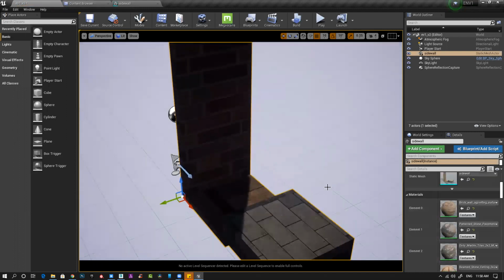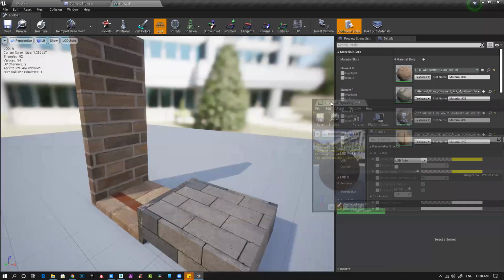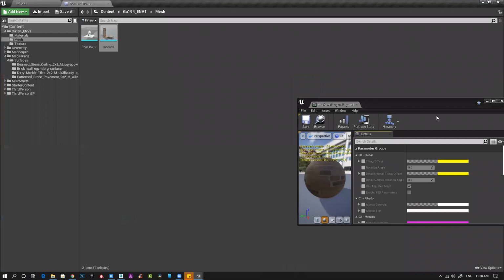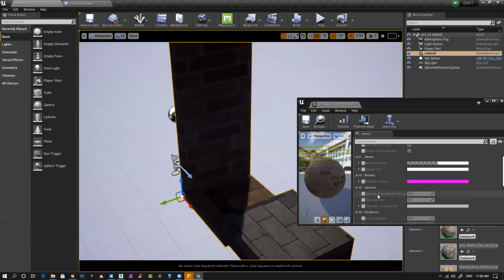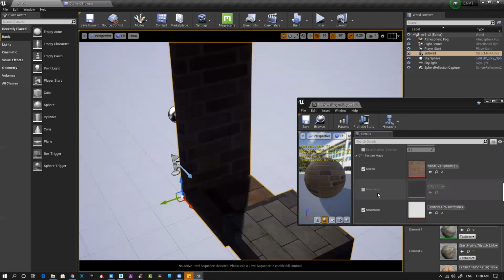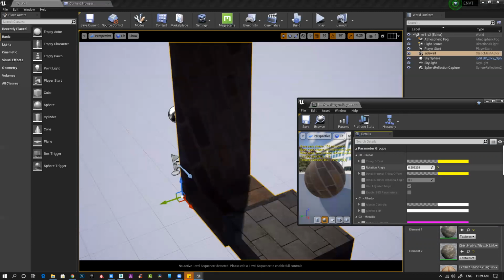So what I can do, one by one, is double click this, keep it here. Now you can see I have this tiling option. The first option is tiling, with angle rotation.